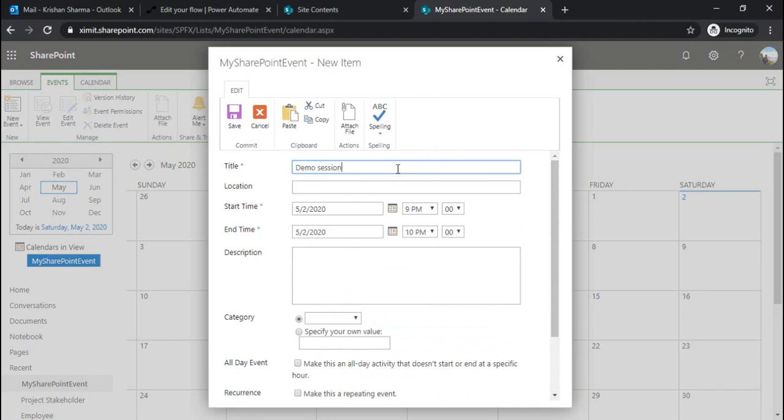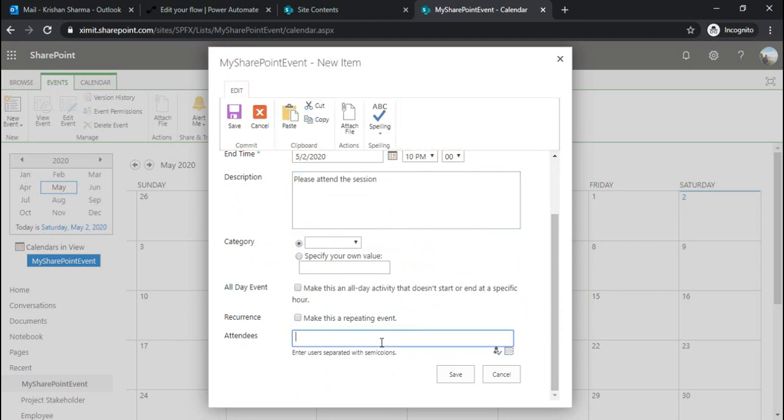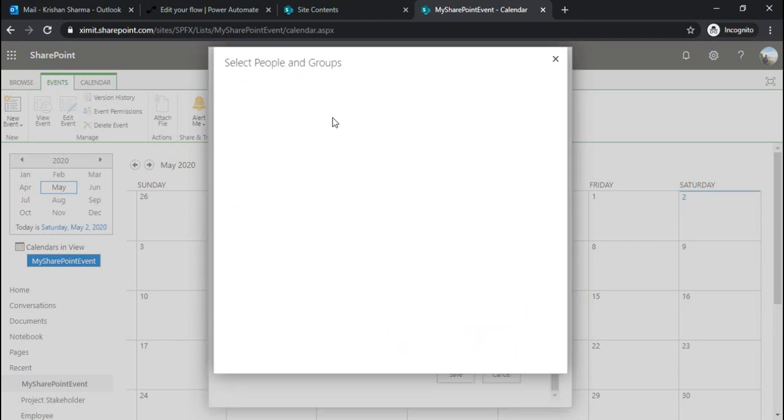So I can create a demo session event, location, let's say India, start time I can keep as is, body, please attend the session. In category you may want to sync that up, but I will not sync that up. In the attendees you can type your colleague's name.